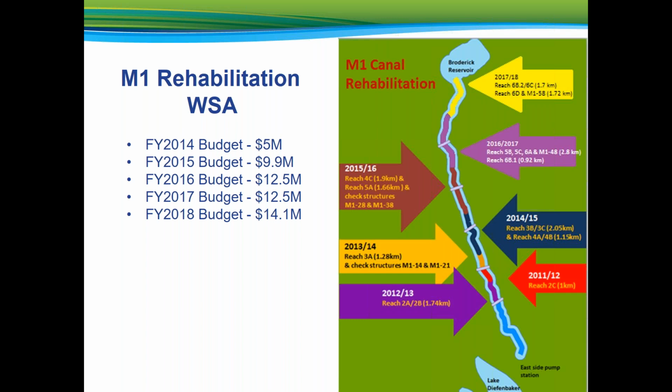This was the first time a contractor was able to dewater a construction reach by cutting a hole in the top of the CSP cross-drain pipe and pulling small trenches in the bed of the canal from either direction to the cross-drain. Fiscal year 2017 budget increased to